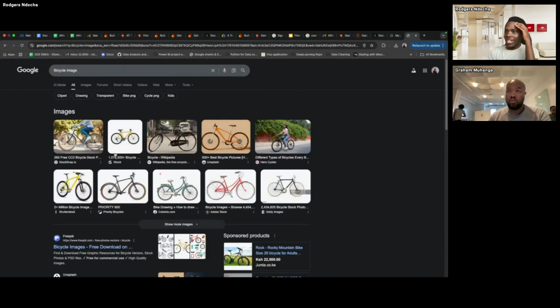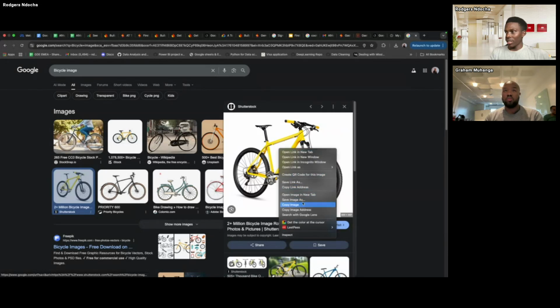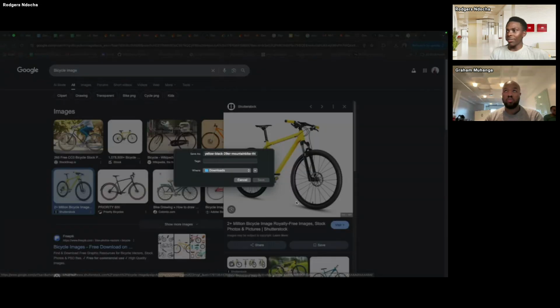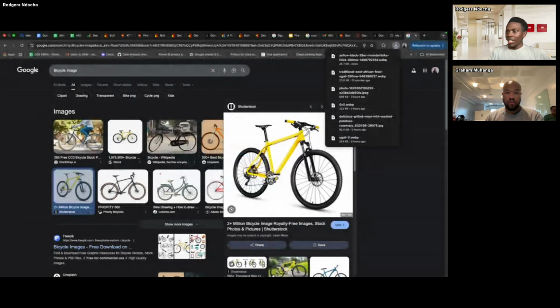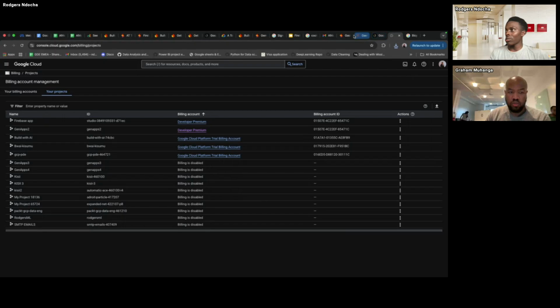Okay, so let's download this. I know we want to check the capability of whether Gemini is able to identify if this is food or not food, maybe. That's why Gregory is requesting that. So let me download this image of a bicycle. Basically what we're trying to do is upload an image which is not an image of food, and see what will happen. Yeah, that's a good suggestion.